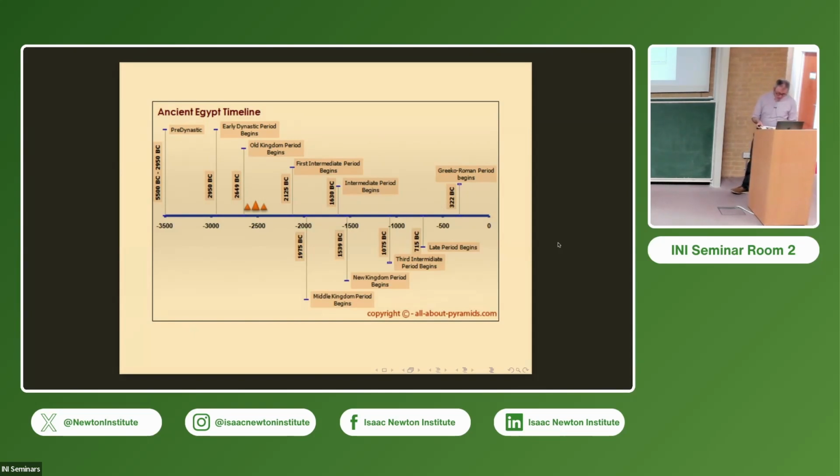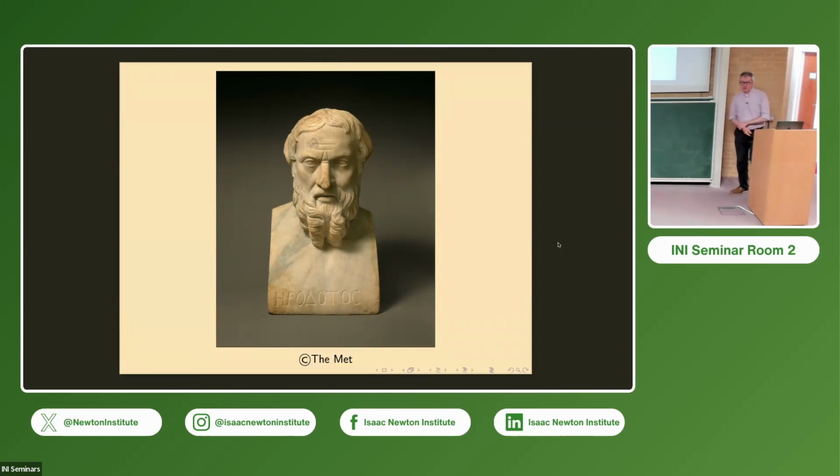Okay, so on to the question of how we know what we know. So we have to go to the place where people have often gone when they want to learn about ancient Egypt, and we start with Herodotus. So people outside Egypt writing about Egypt essentially starts with Herodotus. He's traveling there in the 5th century BC. He's writing down what he sees. He's writing down what people tell him. He seems to write things down quite accurately, but uncritically.